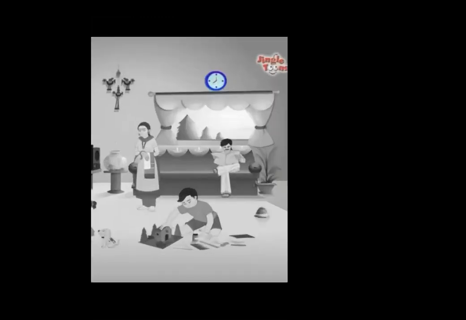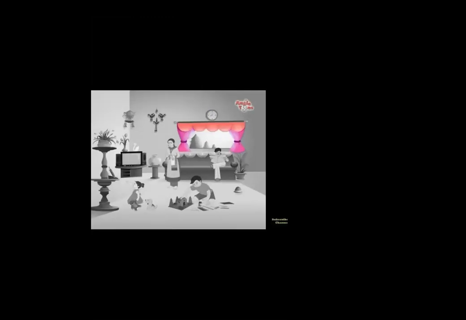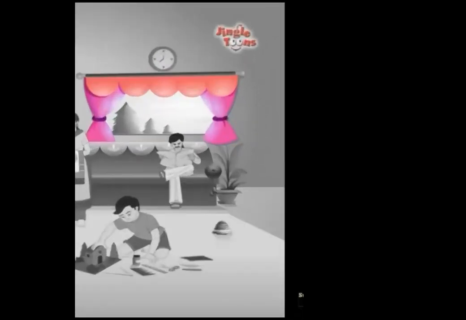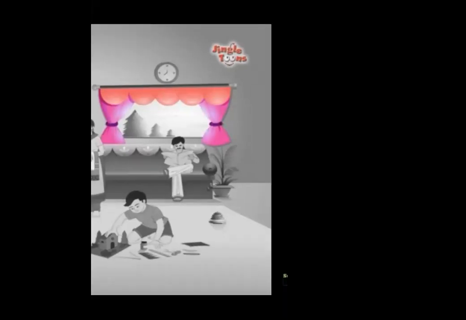Okay, so in this way we can describe each and every detail. Then there is a wall clock on the wall, right? And there is wall hanging also, you can see. Then we can describe there is a big window in the drawing room. There are beautiful curtains. Okay, you can also describe the curtains. You can see beautiful curtains here. So we can also describe the curtains, right, that are hanging there. Okay, so window has beautiful curtain.